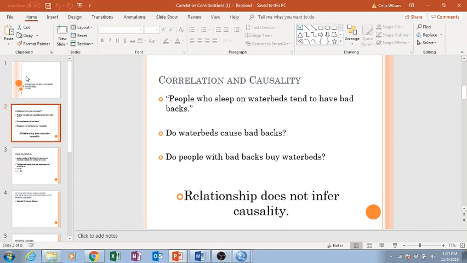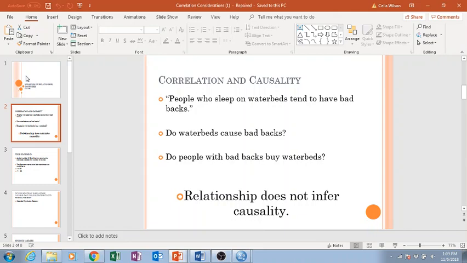So think about this. People who sleep on waterbeds tend to have bad backs. Okay, so do waterbeds cause bad backs, or do people with bad backs buy waterbeds? Right, so just a simple, silly thing to think about, but it can become really important because